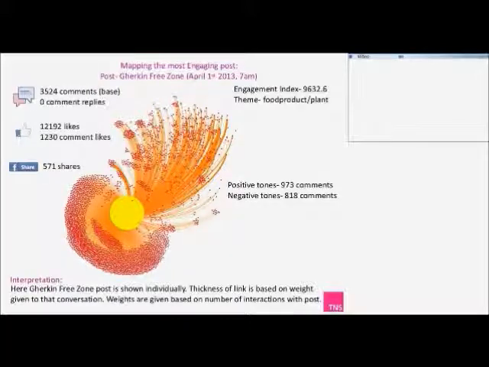Here what you are seeing is such a post, which was again the gherkin that I was talking about. Apart from the basic statistics, like the comments and likes, I also did a specific textual analytics study for that post. It's very important, and I'll explain why in a second. Every post has a specific message, and the comments or interaction are very much with respect to that post. One post might be ironical, and so the comments are in accordance with that irony.